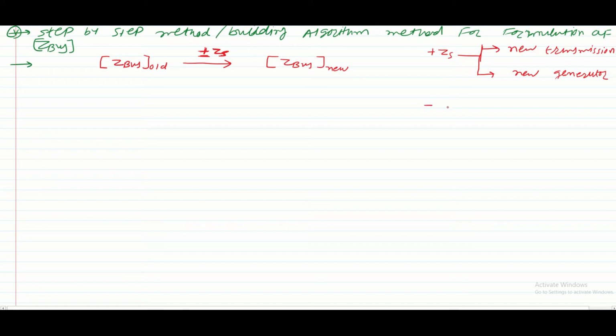And again, addition of an element into the network, which is Zs, plus removal